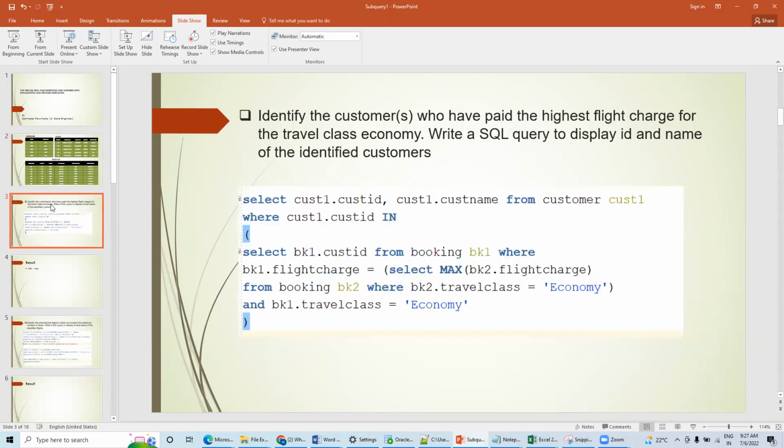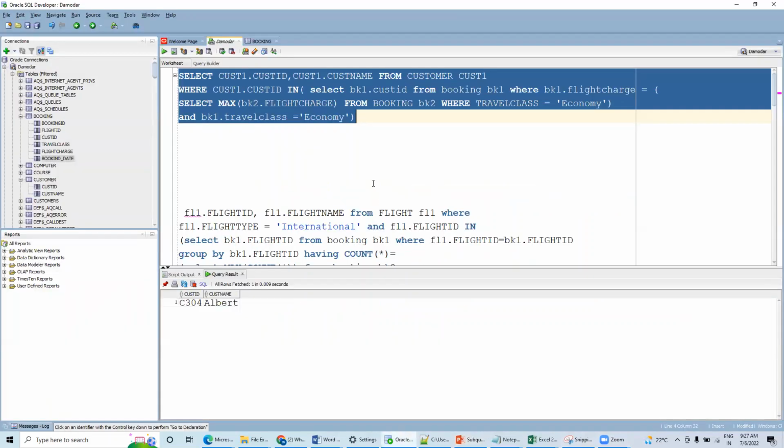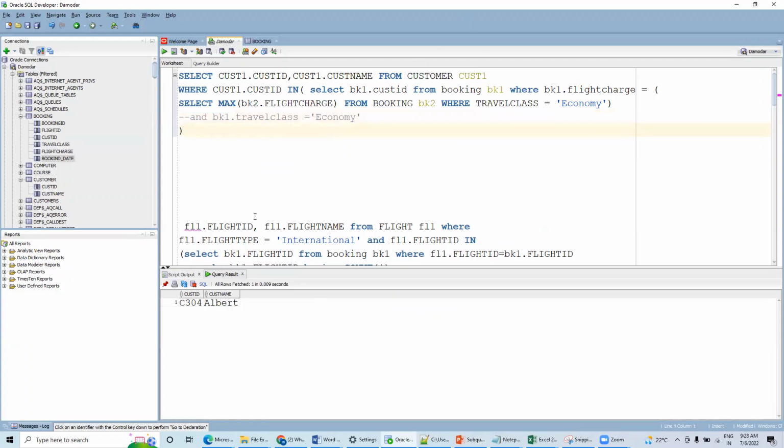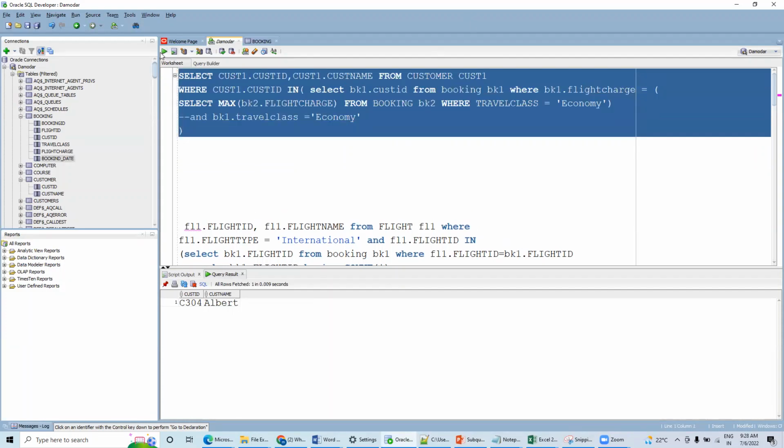Clear, guys? It's clear. Okay. No, actually, you've already mentioned economy one time, no? Then again, why BK1 dot travel class is equal to economy? Yeah, let me go back here. Suppose if I remove this one, okay, if I run this one, so in this case you may get it, but there might be chances, okay, you need to